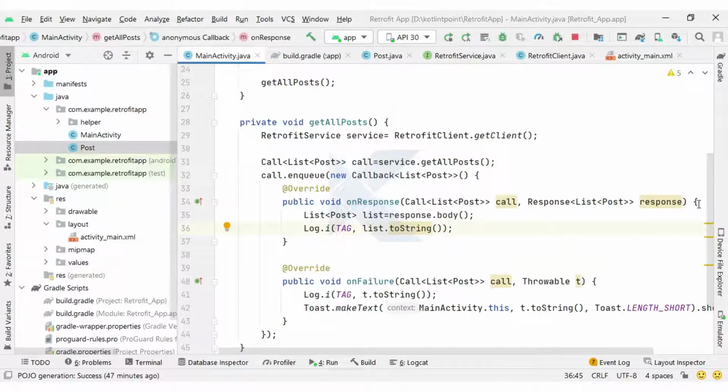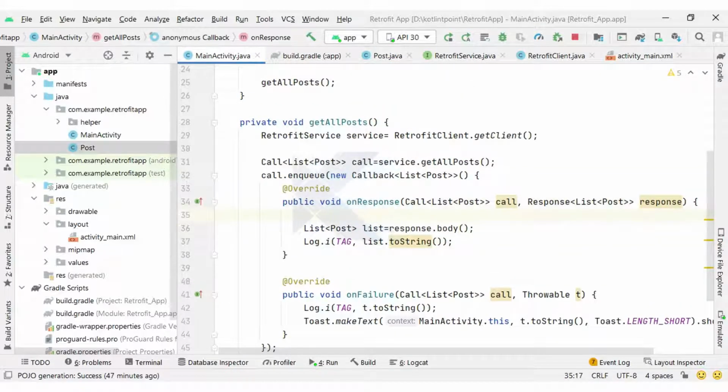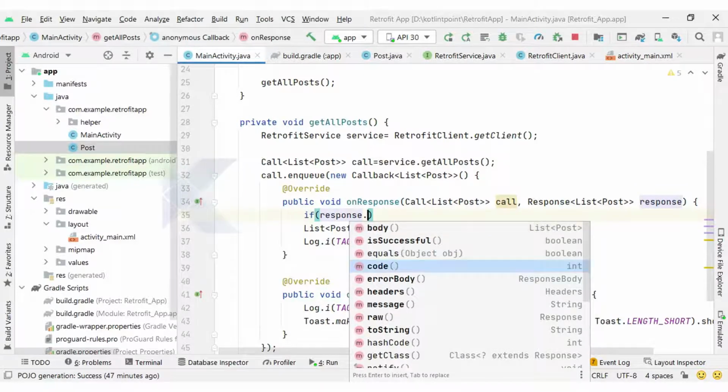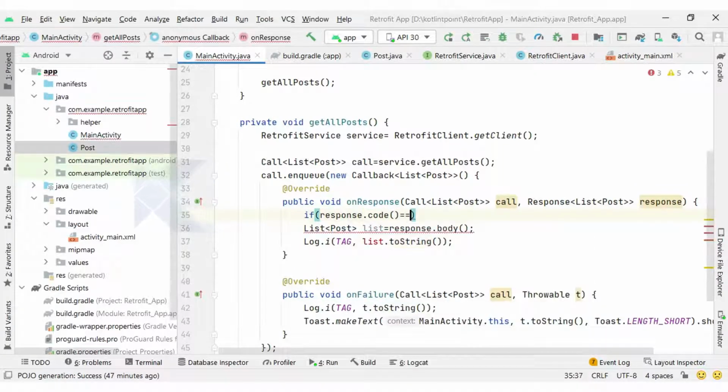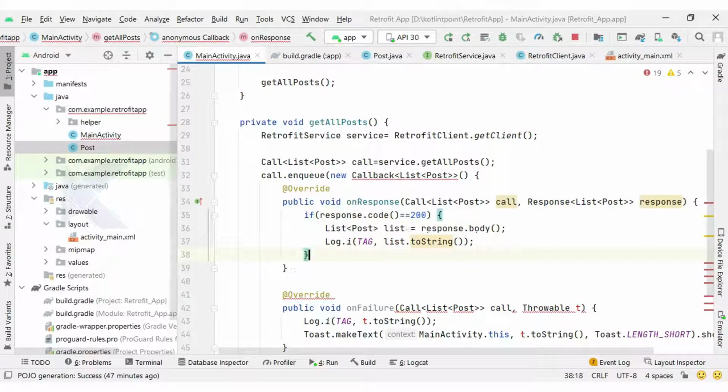You can also check the status code here. With the response object you can compare response.code double equal to 200. Okay, 200 stands for success. So if it is 200, then we can display it with our logcat.